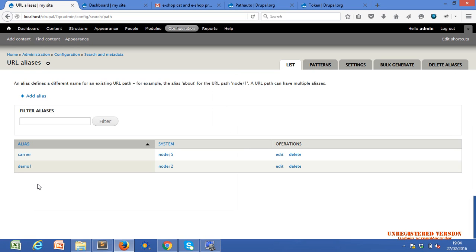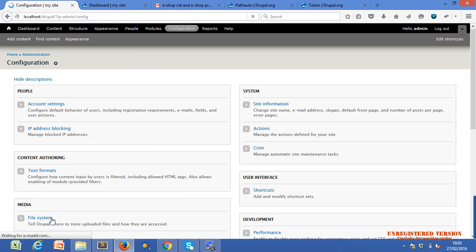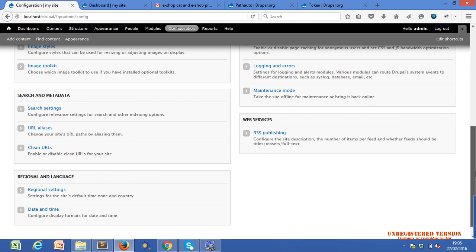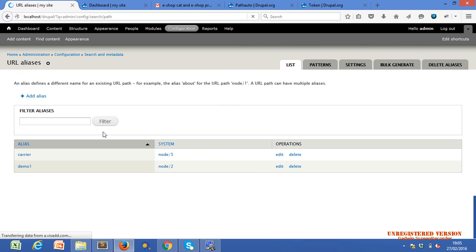Yeah. Before including these two modules into our website, if you go to this screen, just within the configuration and the URL alias, then you will not get these kinds of options. There are some additional options here. You will get only list and delete alias. These options will not be there. So now